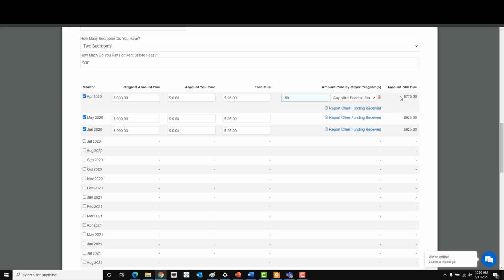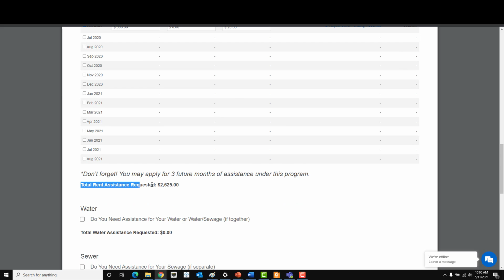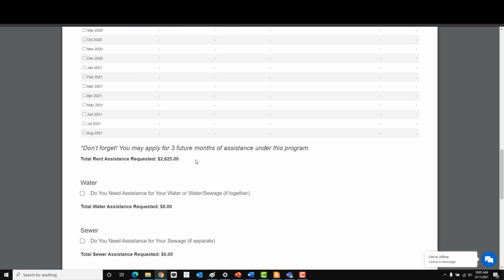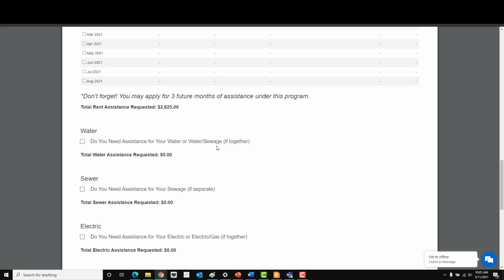At the end of this table, you'll see the total amount of rent assistance requested. Verify that this is correct before moving on to utilities. If you're applying for utility assistance, we'll go through the same process that we went through for rental assistance for